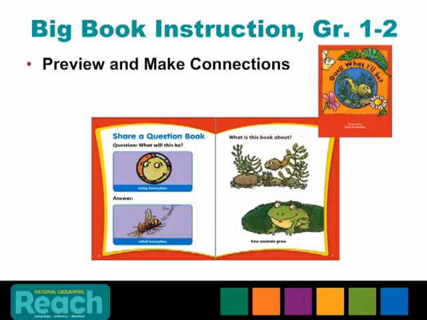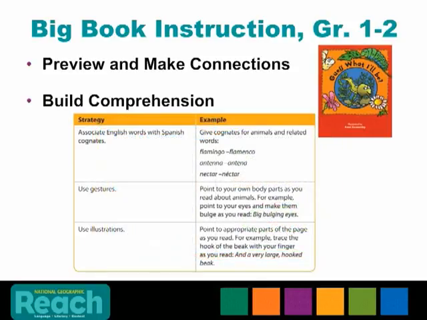This example is from first grade and introduces how to read a question book. And from the pictures you see in the Big Book, this content-based unit focuses on how animals grow and change. The Big Books are also used to build comprehension by front-loading the reading strategies that students will be working on throughout the unit. Another great support when using these Big Books are the strategies that are provided in the Teacher's